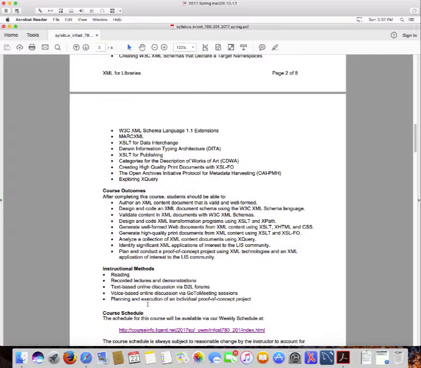Generate well-formed web documents using XSLT. Generate high-quality print documents using XSLT. Analyze a collection of XML content documents using XQuery. Identify significant XML applications of interest to the LIS community. And plan and conduct a proof of concept project using XML technologies and an XML application of interest to the